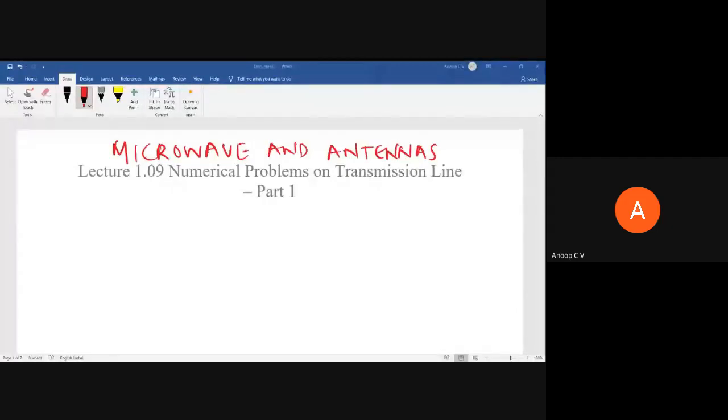learned so far. After these topics, we do have two more topics in transmission line: one is voltage standing wave ratio and the other one is Smith chart, right? Before I discuss the Smith chart, I may have to discuss a little bit of line and load impedance. So maybe we'll do that also, right? Before we move ahead with that, we'll solve some problems which we have learned so far.